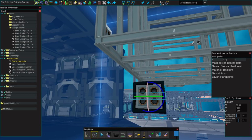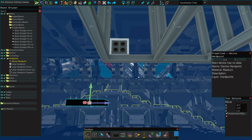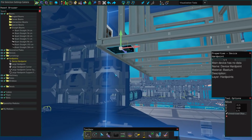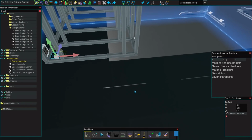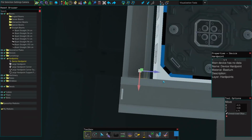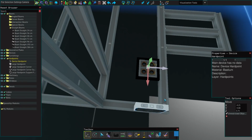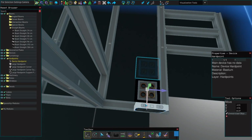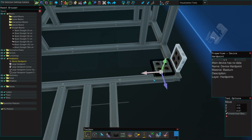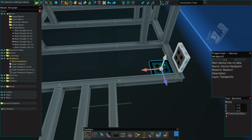Take that, rotate it this way. So now we need these so that way for a ship this small, we're using these. We're gonna be using maneuver thrusters. On a much larger ship, you may not want to use maneuver thrusters. Well, at least they're not very efficient if you do. But they'll work just fine for what we're doing here. On a larger ship, they're just not super efficient, but I will show you what you can do if you're